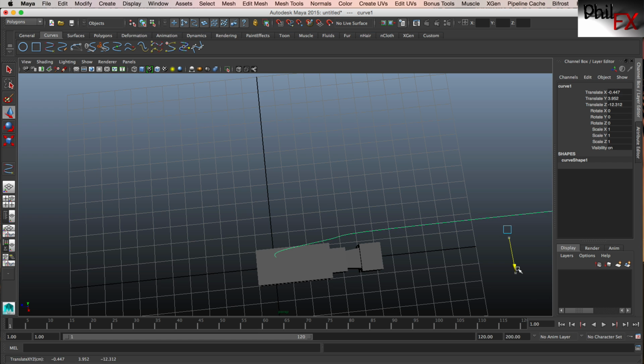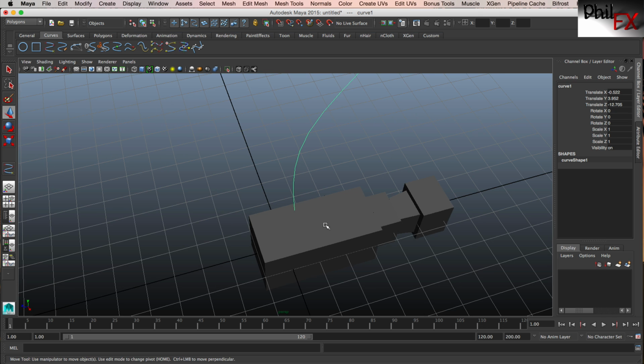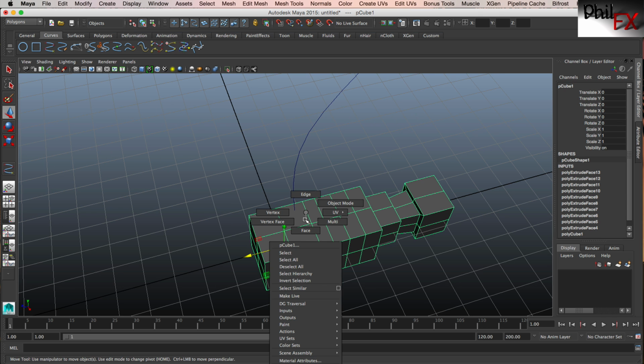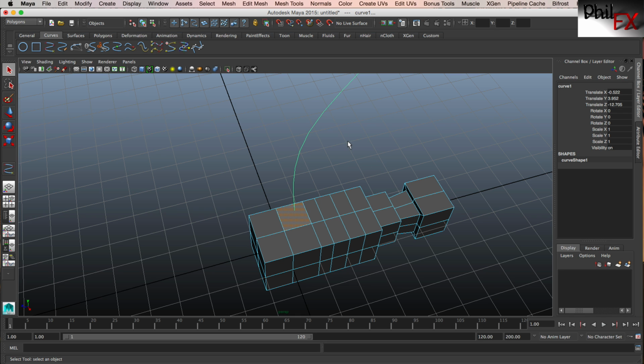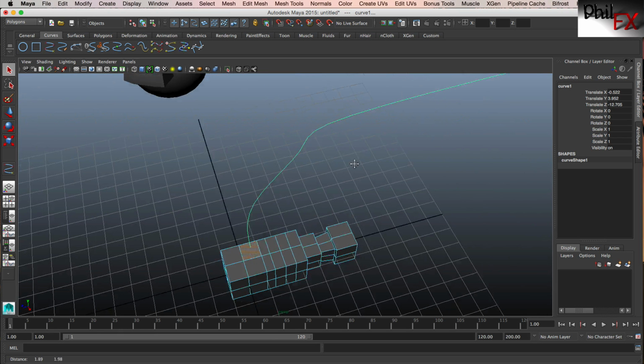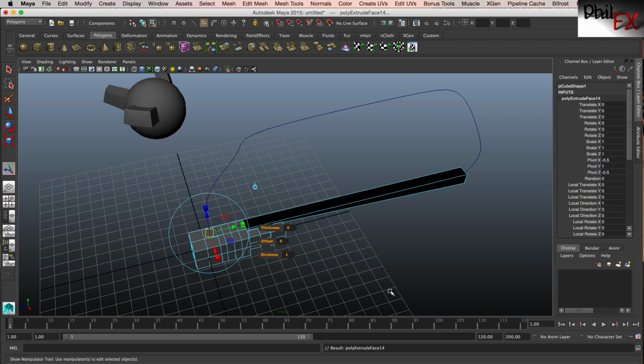I'm going to pull that a little bit that way and pull that a little bit that way. Now what I can do is I can go into the object, I can select a face, select this face, hold on the shift key, and select the curve. So now I have a face selected and I have a curve selected. Alright, and I can go up and I just go to polygons, and I hit the extrude command, and boom,